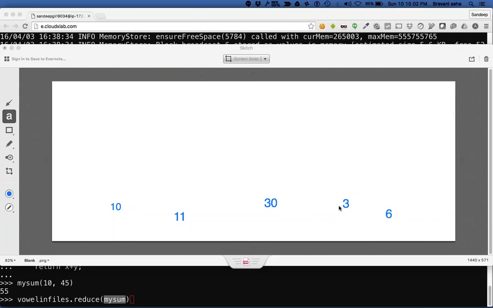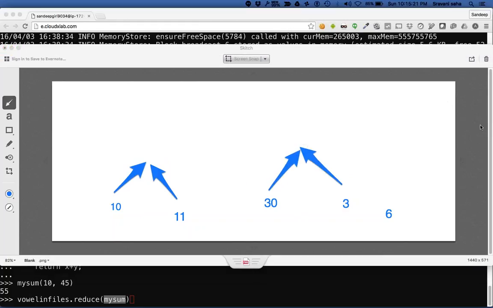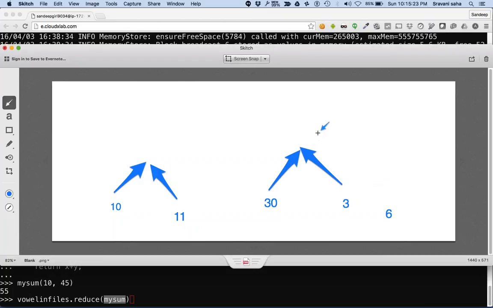These are different elements of the array. Now your my sum function will be applied on two of these values on one machine and on two others on another machine, and then the two resulting values are summed up.